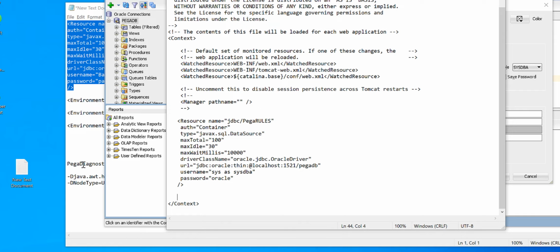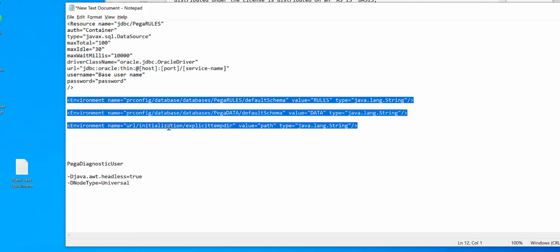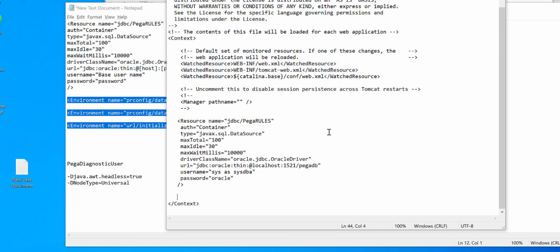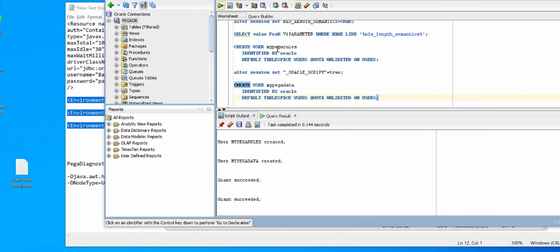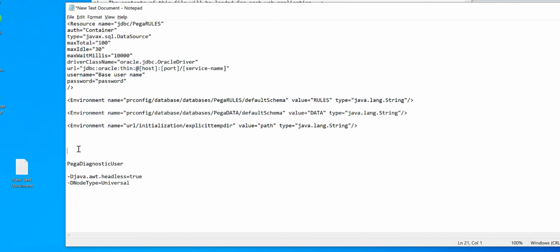After this snippet, you need to include 3 more elements specifying your rules schema, the data schema, and the temporary directory. I'll provide these snippets in the description box. My Pega rules is the rules schema and My Pega data is the data schema. Just replace these values, and for the temporary path, provide your Tomcat temporary path.